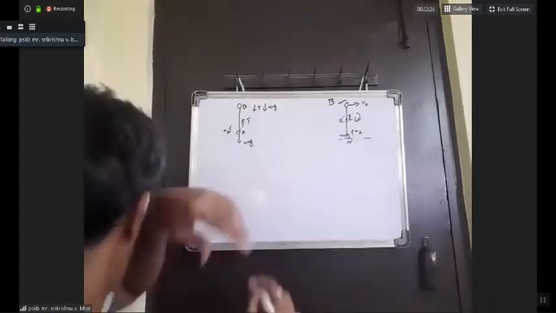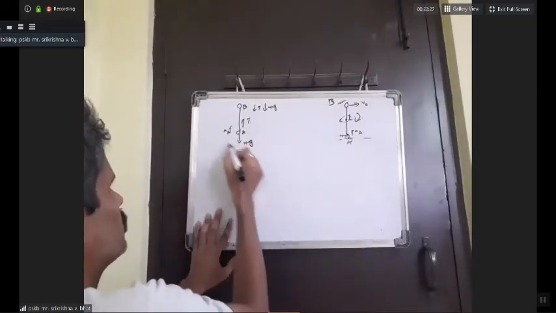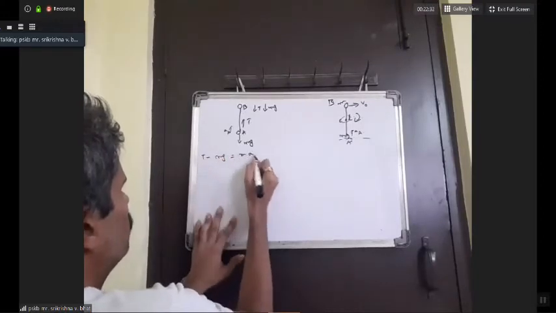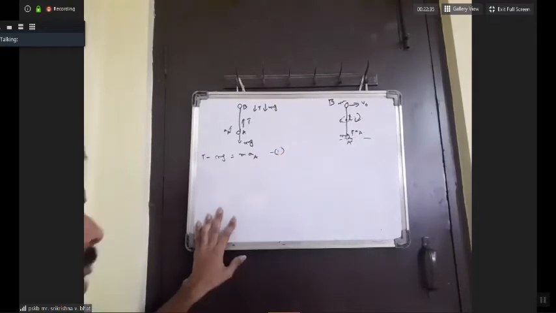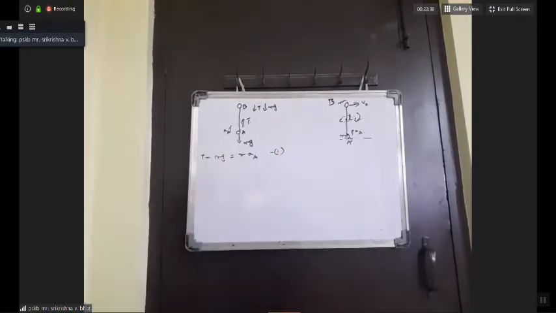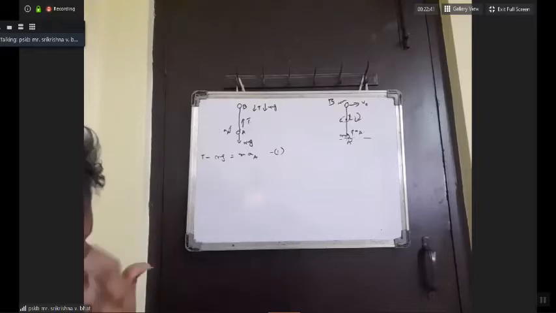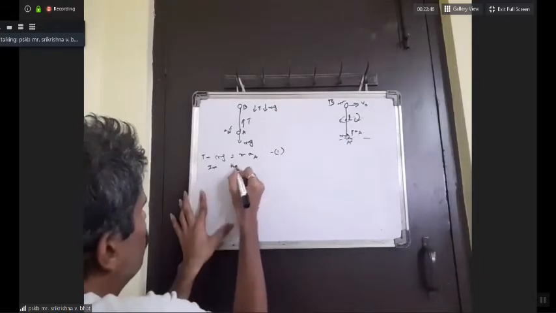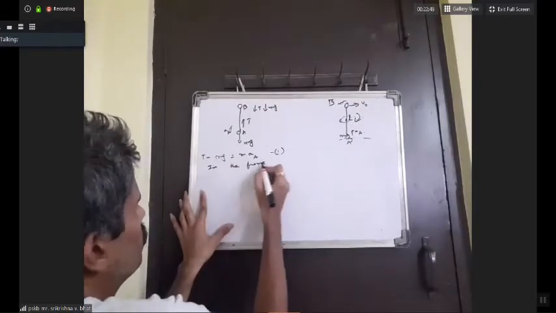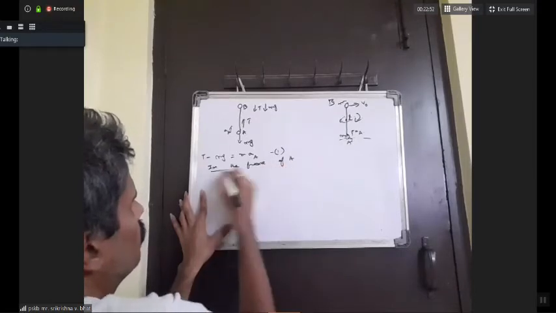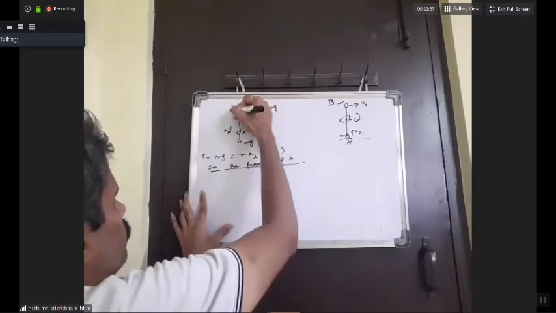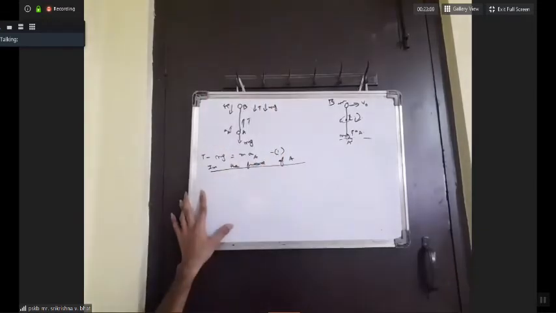Now if I write one force equation for A, I will get T minus mg equal to m into A. This is one force equation for A. Okay. Now let us consider one force equation for B in the reference frame of A. In the frame of A, we can say that pseudo force should be acting downwards. Pseudo force on B should be acting downwards.